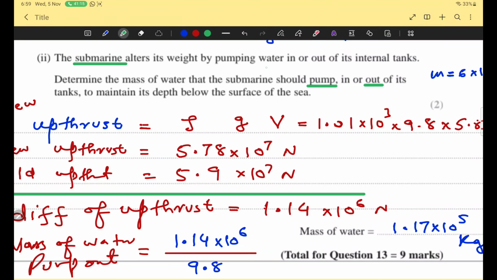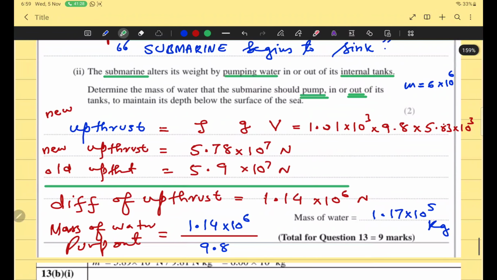सबमरीन में सर वाटर टैंक होते हैं। उन वाटर टैंक में से हम वाटर को पंप आउट कर देंगे। सर अगर आपने पंप आउट कर दिया वाटर, तो सबमरीन बिकम्स लाइटर एंड इट विल नॉट सिंक। इफ वी पंप आउट वाटर, the mass and the weight of the submarine will reduce, and then submarine will not sink into the water। हाँ बेटा, सबमरीन को किस तरह बचाएं, सिमरा हमें बताइए, हाउ कैन वी प्रोटेक्ट फ्रॉम सिंकिंग द सबमरीन।